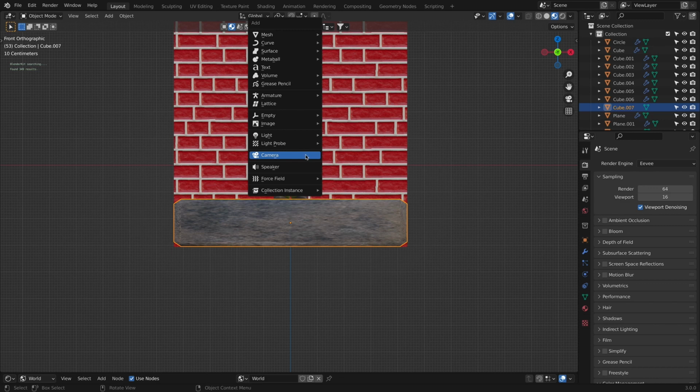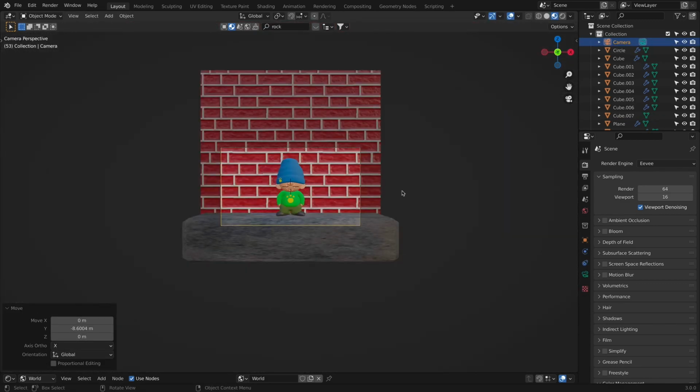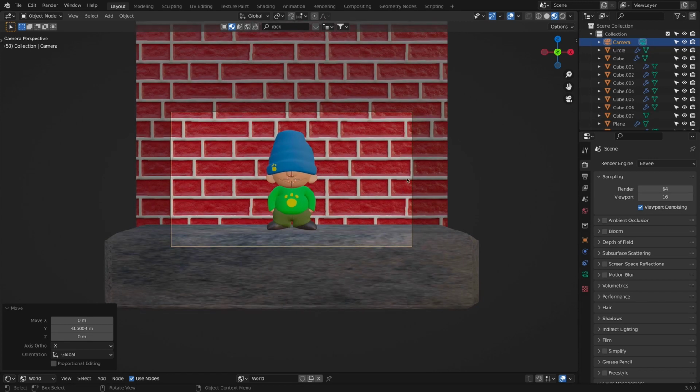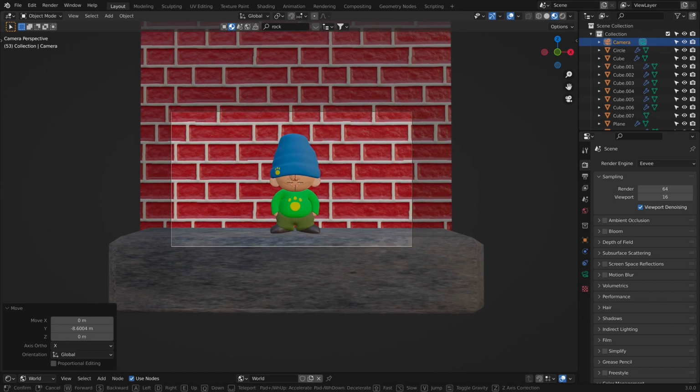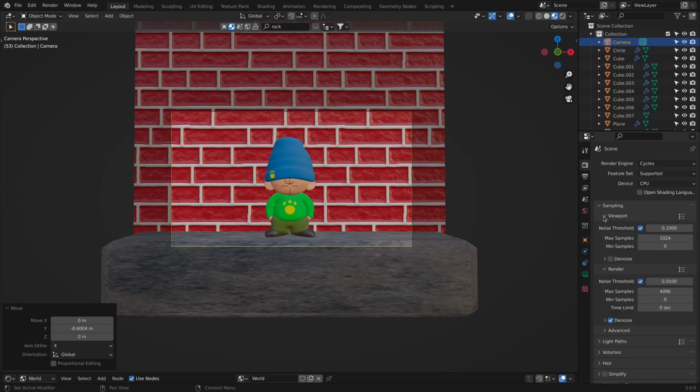Now I'm going to add a camera. Let's press 3, move it up. Here we have it. So I'm going to move it a little bit more up, like so. And now I'm going to go here under render engine, change it to cycles, turn on denoise, then